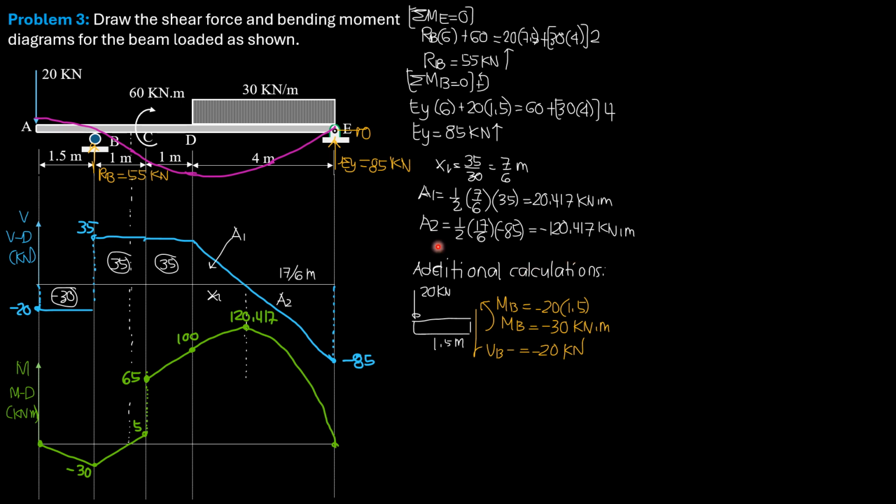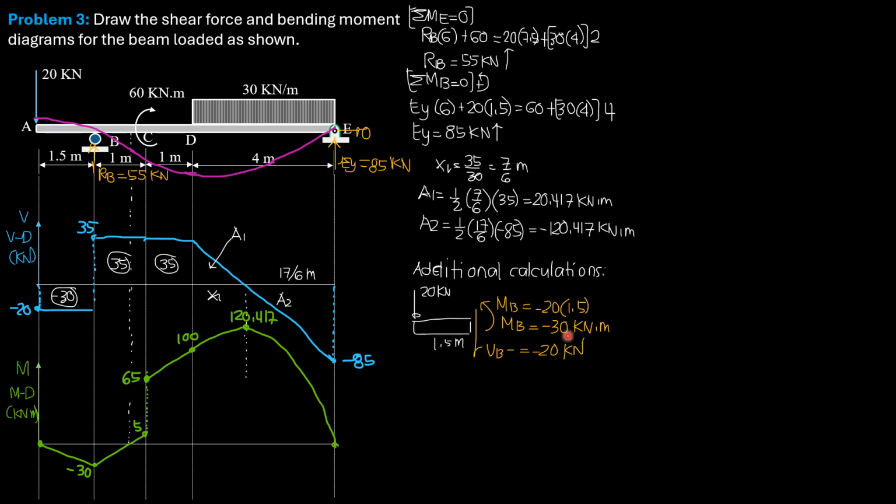For instance, we want to know the moment and shear just to the left of B. This is the free body diagram. Summation of forces in y equals 0, negative 20 minus shear at B just to the left equals 0. So shear at B just to the left is negative 20 kilonewtons. That's why it's negative 20 here. For moment, we have MB plus 20 times 1.5 equals 0, or MB is equal to negative 20 times 1.5,